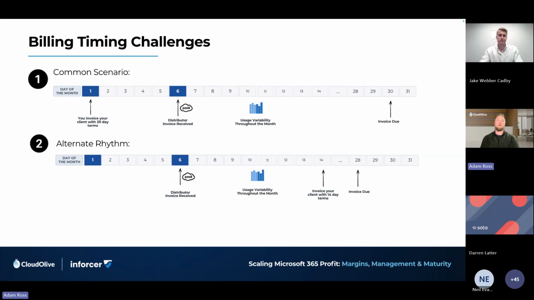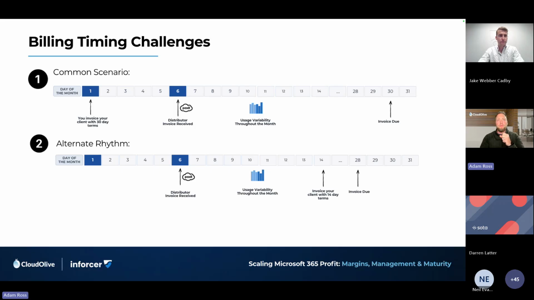So we've got an alternate rhythm, scenario 2, where invoicing on, say, the 14th or even the 10th, just a few days after you've got the accurate data, with two-week billing terms with your customers, allows you to then have the tail end of this month. Here we've got the 28th, 29th, 30th, 31st. We've got those days to get any stragglers who haven't quite paid their bills from a customer's perspective. You close out the month, you move into the next month, and away you go.